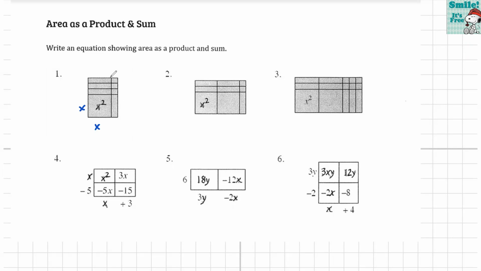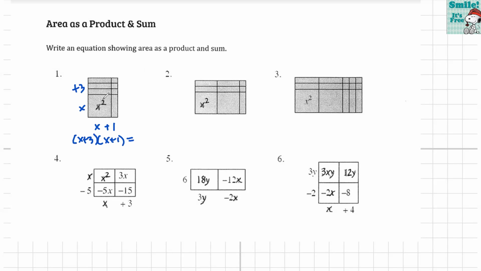What is this little one? Remember the unit tile? What is the little one going to be? 1. So this is an x plus 1. And then how many little ones do we have here? Plus 3. So really this is x plus 3 times x plus 1. And if we wanted to multiply that,